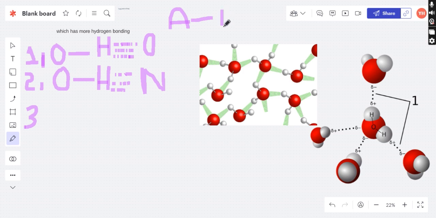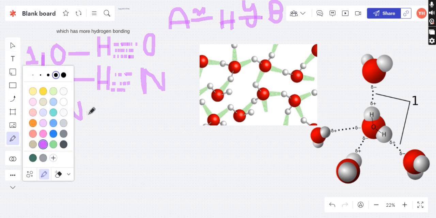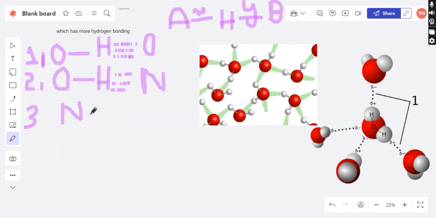This is H, this is B, this is X, this is Y. Think of an answer until I make the bond molecules. So next is N, O, H, N, H,